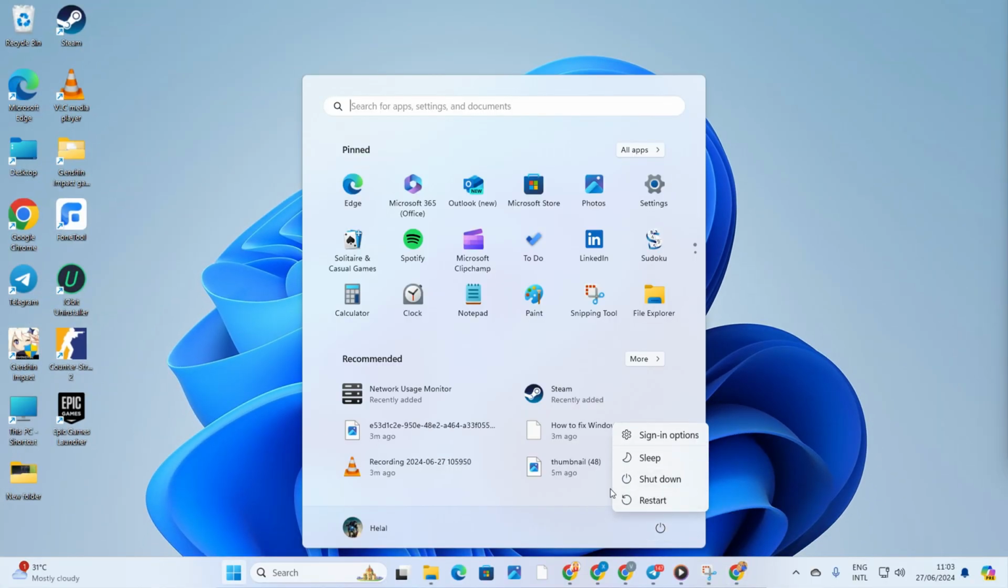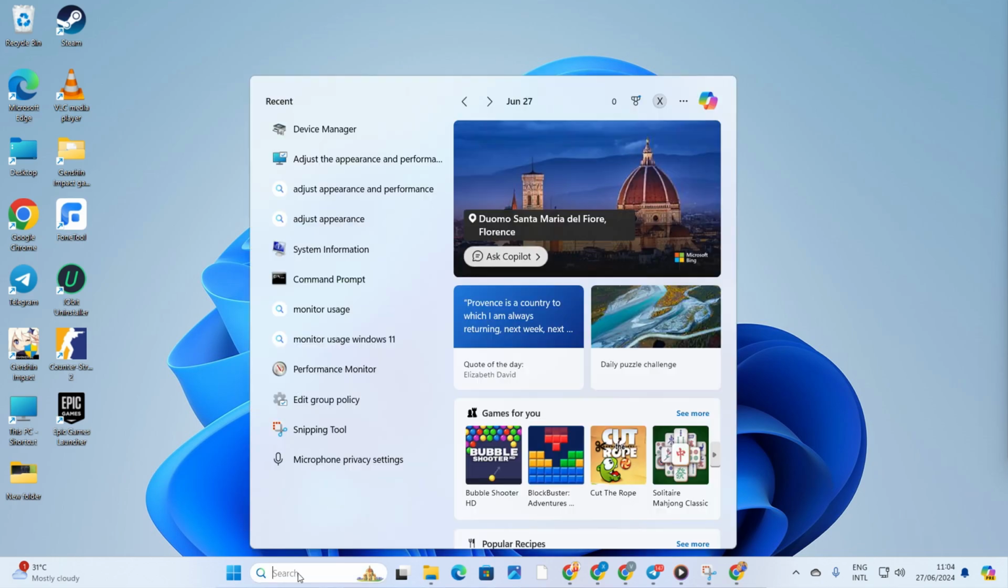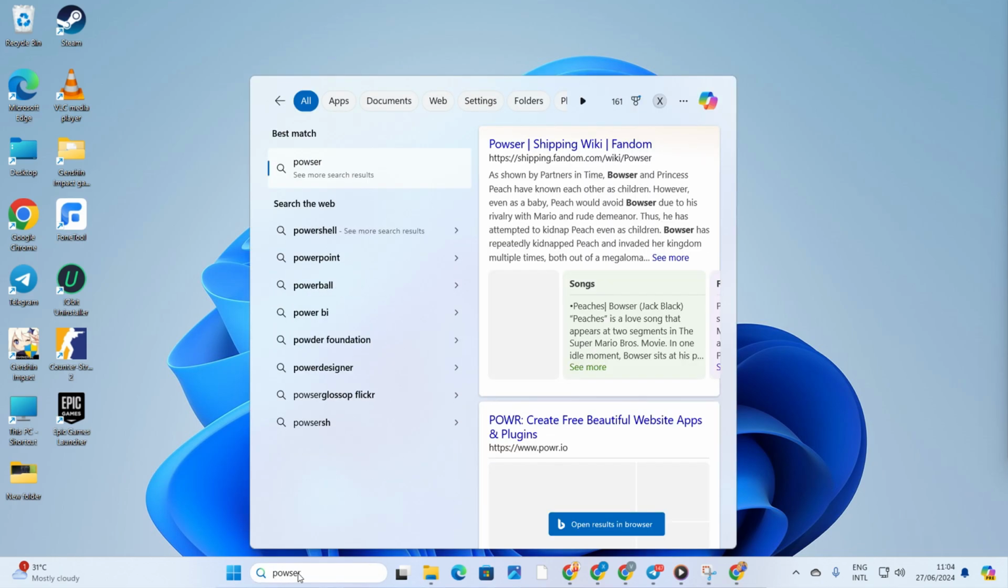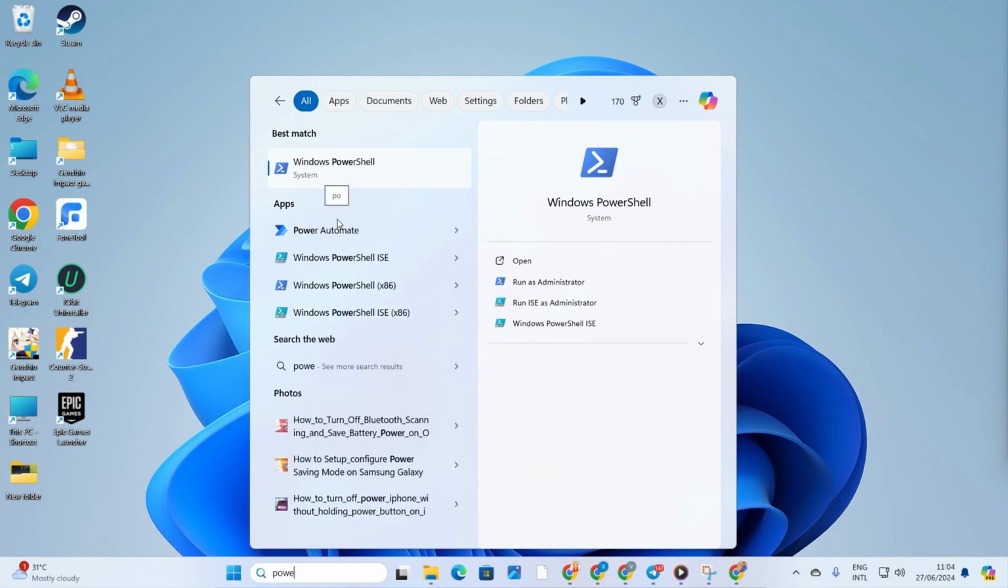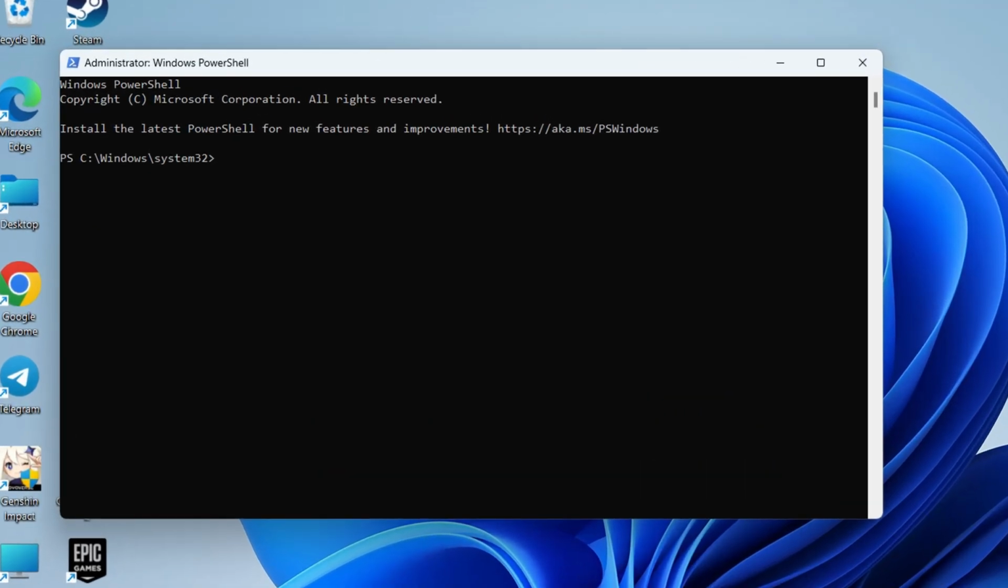Solution 3. Restart the Windows Update Service. For this, click on the search icon and type in PowerShell. Next, right-click on Windows PowerShell, select Run as Administrator and click Yes. Now type net stop